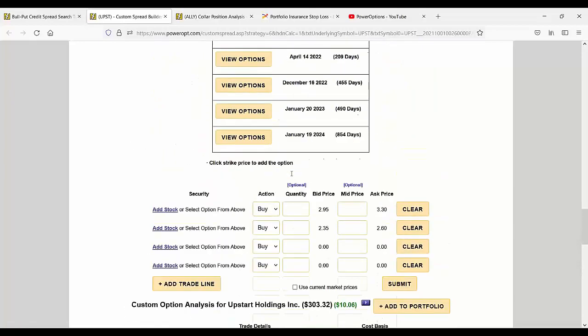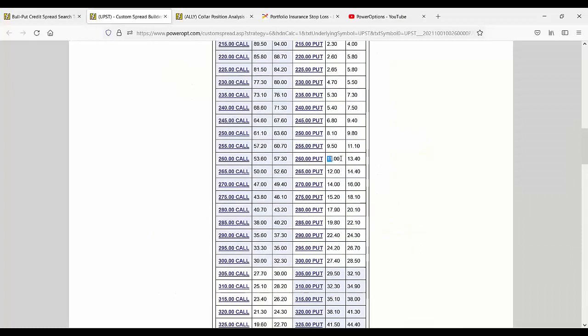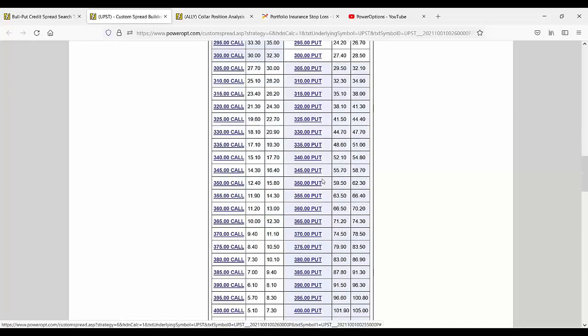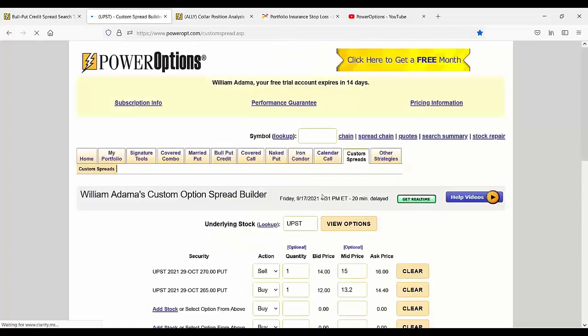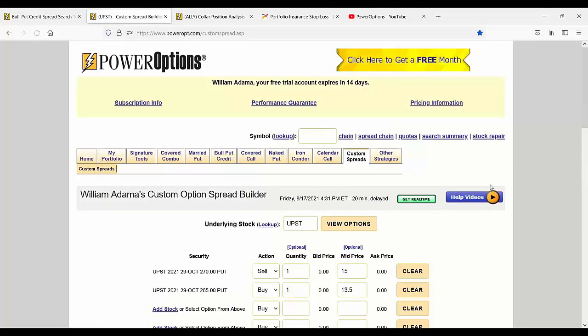High probability. What I want to look for here is where's my $1.25 premium? It looks to be right there, 260 to, that's not, I want a $1.50 premium. That's not it at midpoint. 15 to 30, that's probably it. 270 to 265. Not too much different. Am I close to what I want here? Is that close to the $1.50? $1.80, great. But let's do a $1.50. So we'll do 15 and 13.50. Okay, now